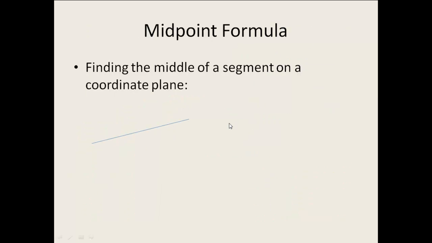Okay, our next formula is the midpoint formula. And what this is dealing with is finding the coordinates for the middle of a line segment. So let's say this line segment, we put on a coordinate graph, and I told you that this was the point 2, 4. And over here we've got the point 8, 5. Well, now in order to find the midpoint, we need to do half of our x distance and then half of our y distance. So if you visualize that triangle here, to get from 2 to 8,